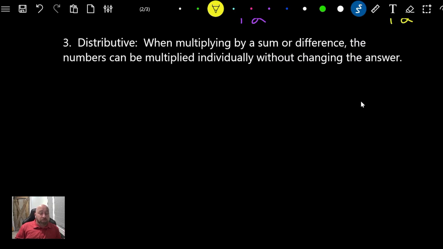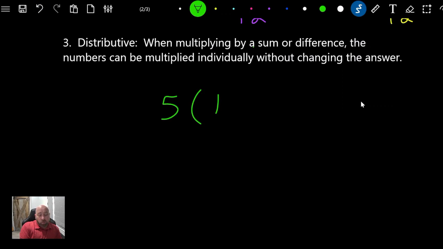So for right now, you might think, we'll see. Let's see what you think about it. When multiplying by a sum or difference, the numbers can be multiplied individually without changing their answer. So, what if you have something that says a number multiplied by a sum or difference? What does that mean? So let's say that I have 5